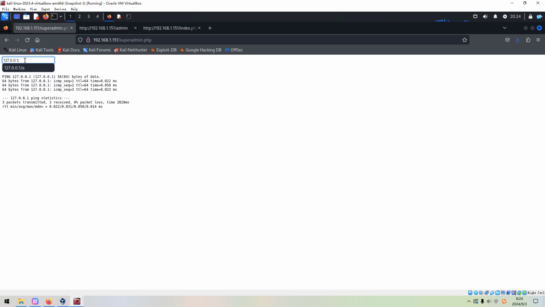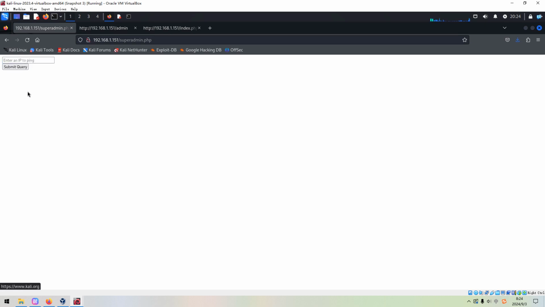We can use a semicolon, then id. Nothing returns. So in other words, maybe there's some blacklist by the target. We need to bypass such a control. For example, we can use the and, then ls or id, submit. However, nothing returned. Of course, you can go to Google to do some research, and there are so many